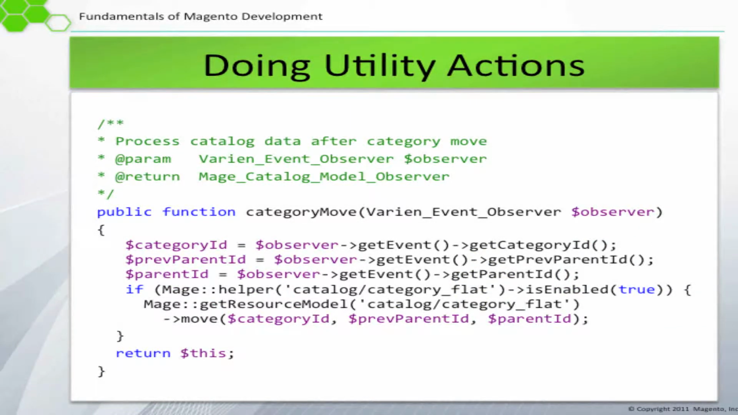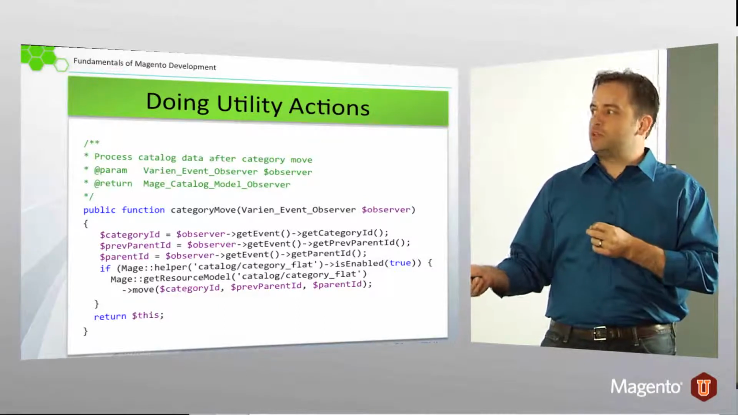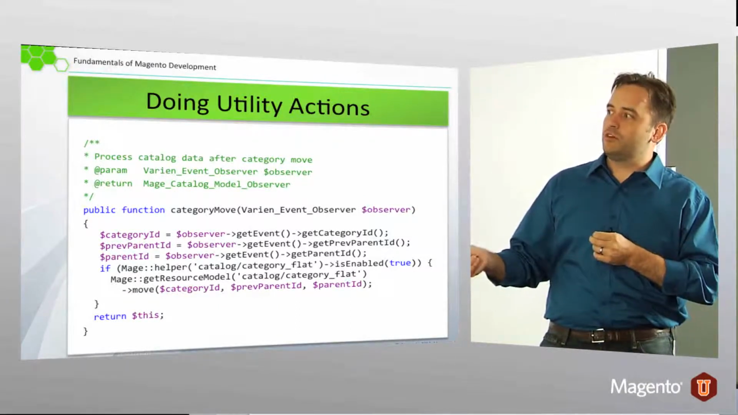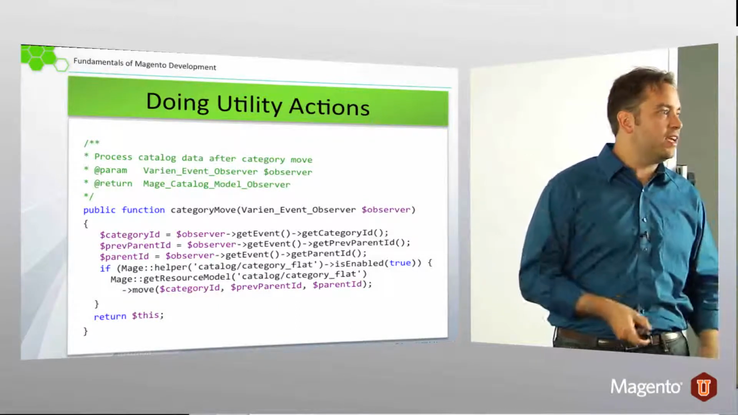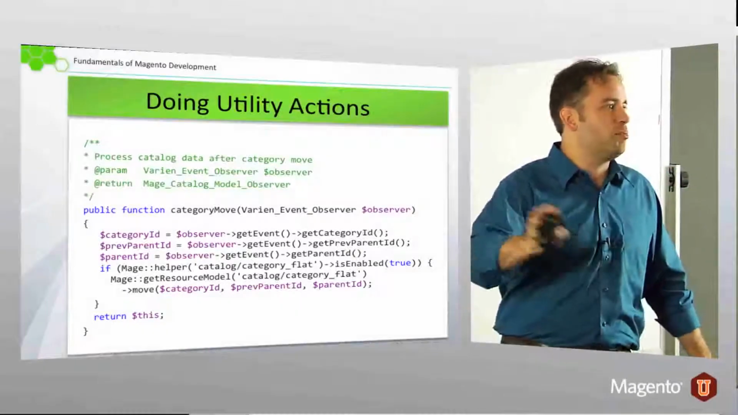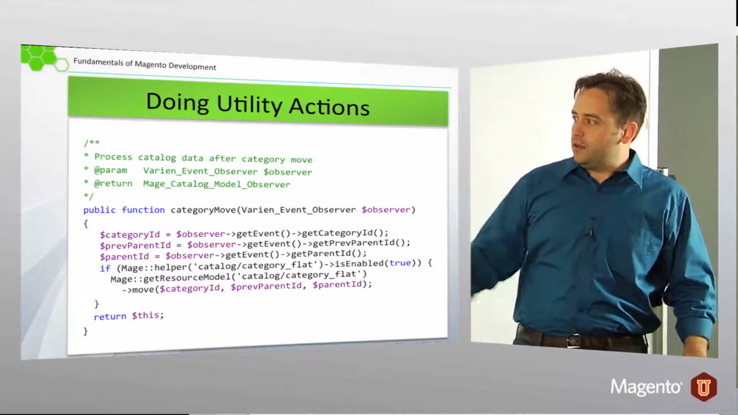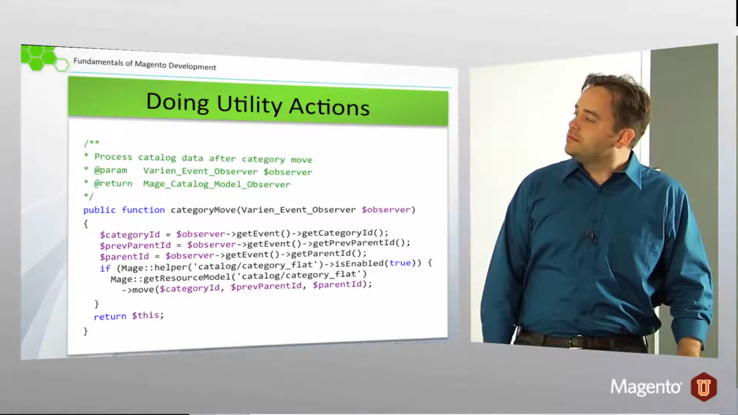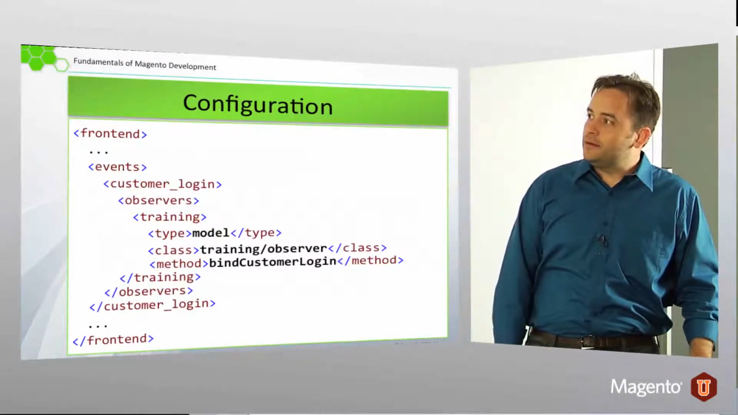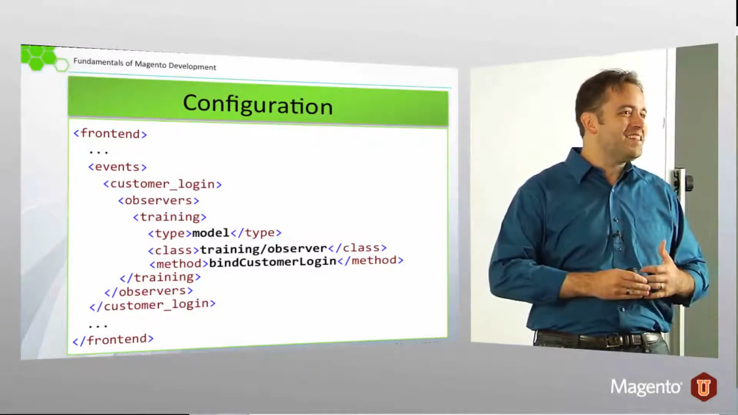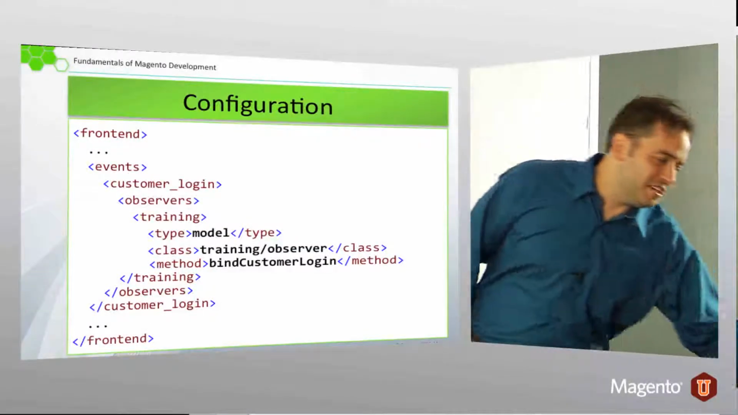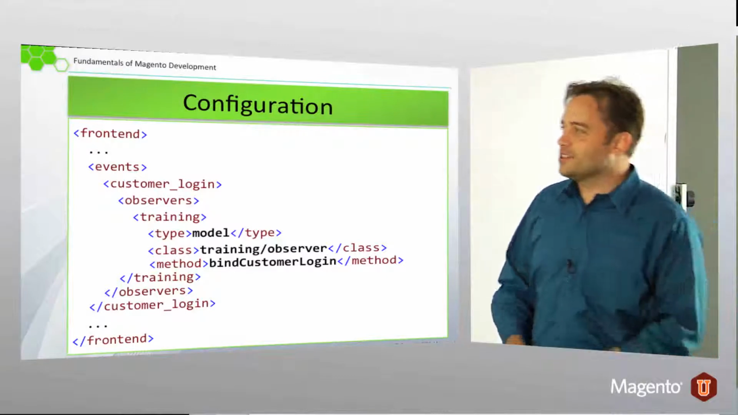And here's the category move action. So there's lots of things to check on. Do we have the flat catalog enabled? Okay, we need to probably perform this utility function. Well, all we're going to do is observe the category move event again, which was just specified in the code by a programmer at some point, and perform some utility actions. Now that I've thrown about 15 different facets of observers at you,